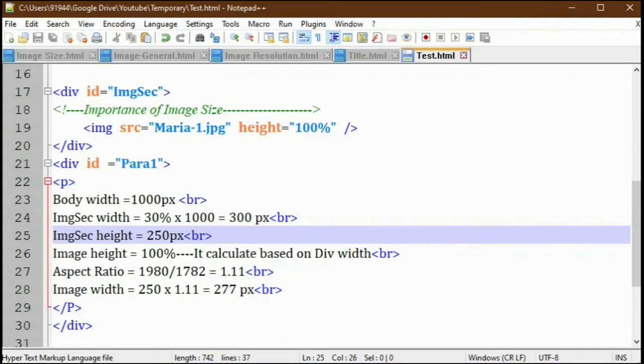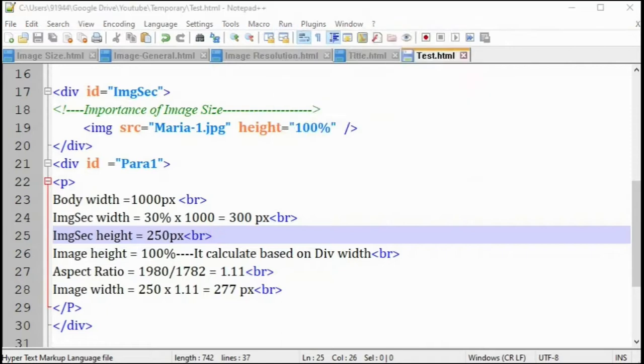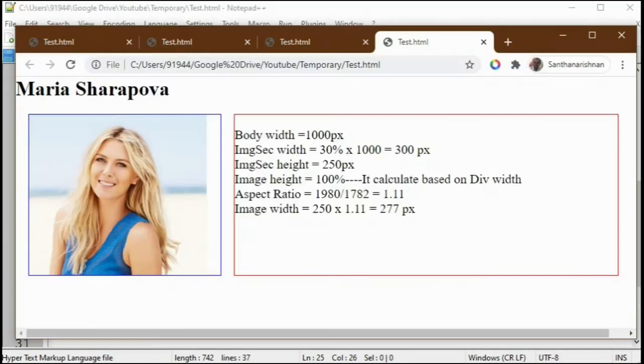Now I have removed the width attribute from the image tag and added the height attribute. And for the height I have mentioned 100%. Then you will run this in the browser window. You can see now the height is exactly accommodated in the division section, because we mentioned this image height will be 100%. It will occupy the entire height of the division section.